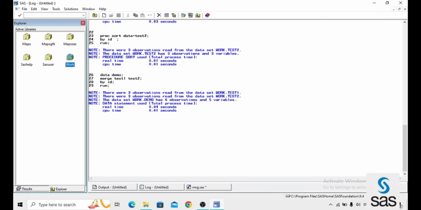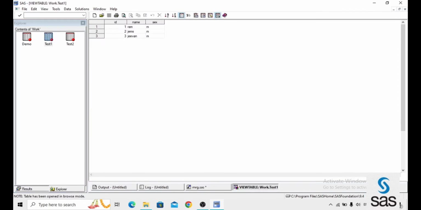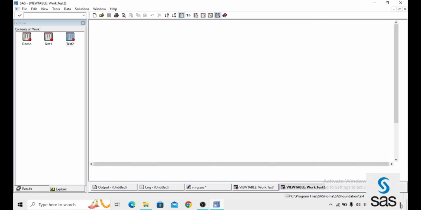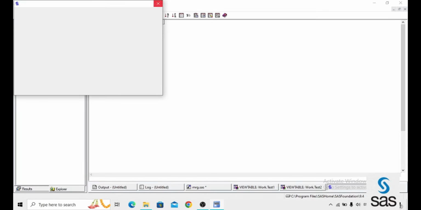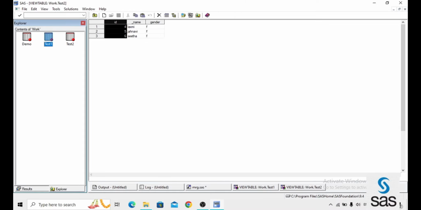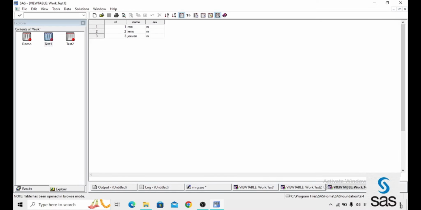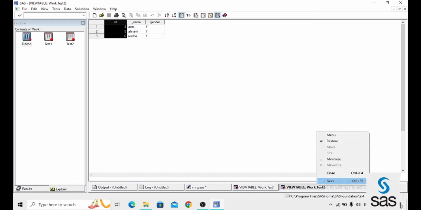Here we are opening those datasets. First one is test1. Yes, test1 has 1, 2, 3, Ram, James and Jeevan. And test2 has Lakshmi, Jahnavi, Sita, 4, 5, 6, whatever the observations, but we need one common variable. The name should be the same, just like ID in test1 also. Now the demo is this merged dataset, 1, 2, 3, 4, 5, 6. There are no common observations. Keep in mind, no common observations here. That's why the data is getting like this. This is a simple merging of two datasets.